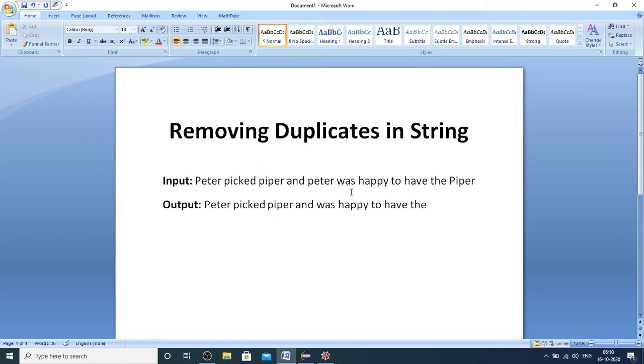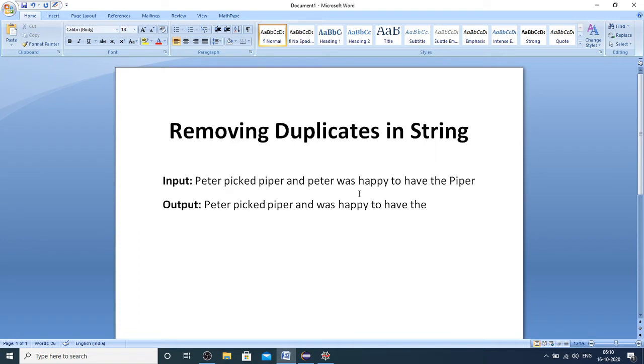So here you can see that this second Peter is ignored and the last Piper is ignored, and then we are returning the output as Peter picked Piper and was happy to have the. So like this you just need to return the string by removing the duplicates in the original string.